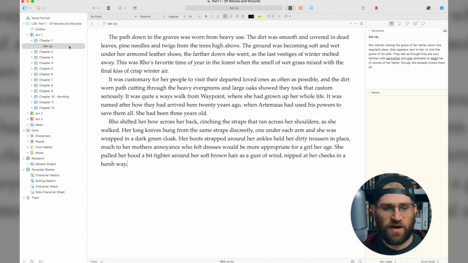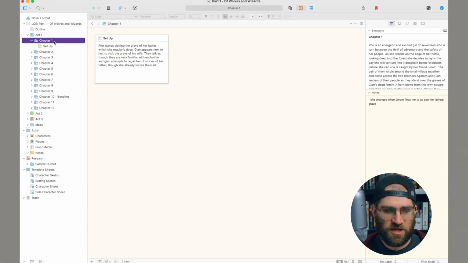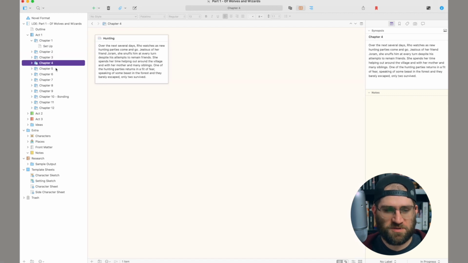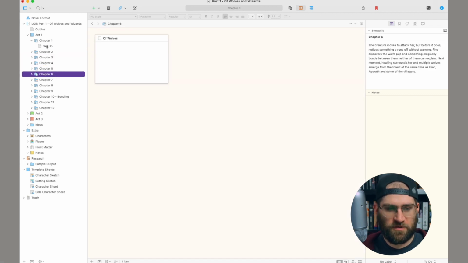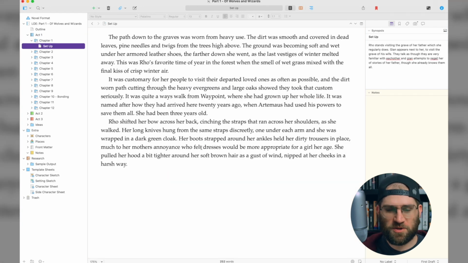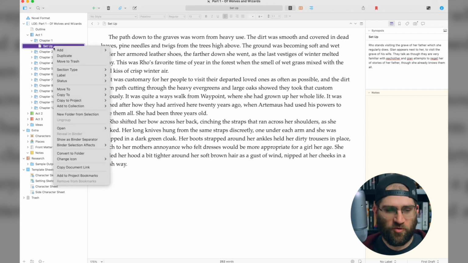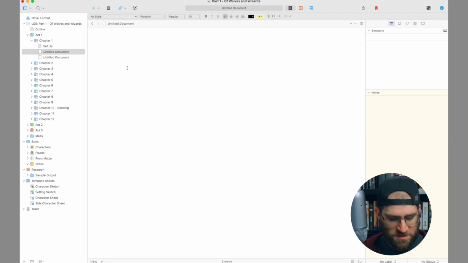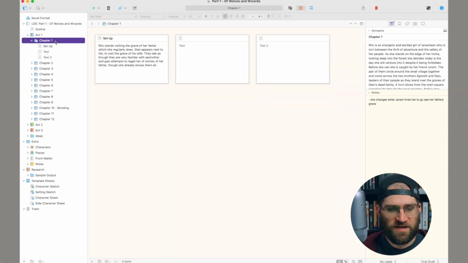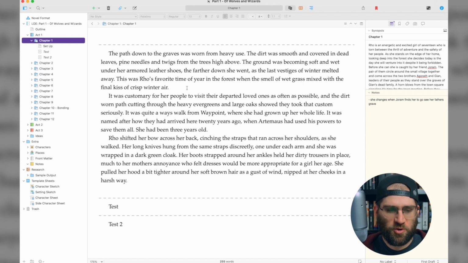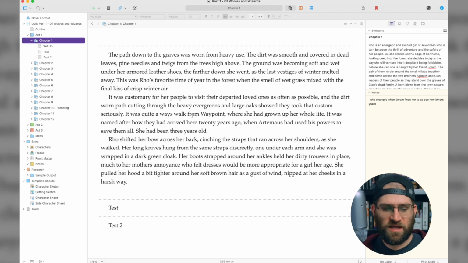So if you watched our binder video, you'll know that depending on what you click in the binder, changes what you see in the document view. So for the most part, what the document view is going to be for is for writing the book. If you have multiple documents in here, and then for instance, let me put in some words here. If you click this and you go to the document view, it shows you your whole document in one whole